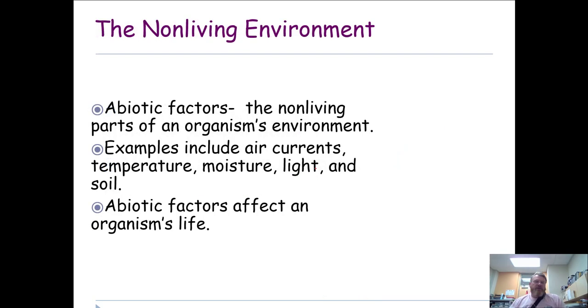All right, abiotic versus biotic. So A in front of any scientific word means no. Bio means life, so abiotic means no life. Now, this is any non-living part of the ecosystem, all right? Now, when I say non-living, I don't mean it died. It was never alive,